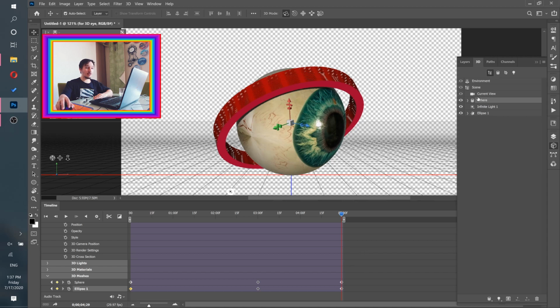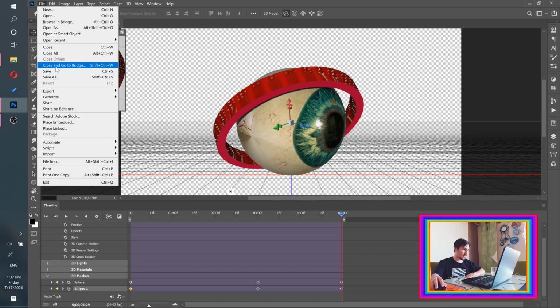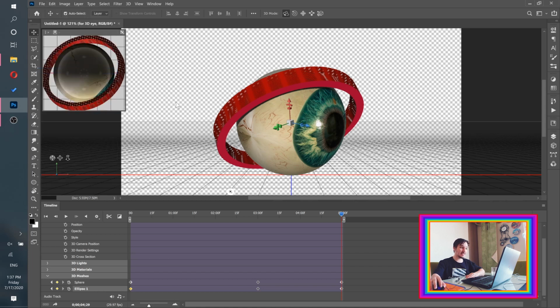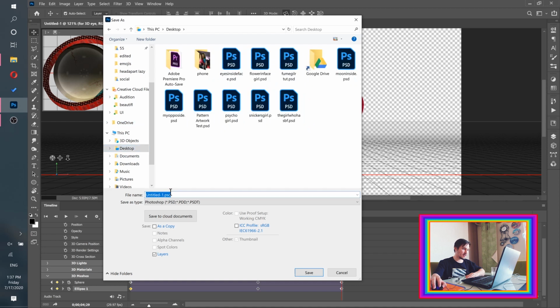So now we are all set to render the animation basically. Let's go now to File, okay? And don't forget to save this, otherwise your Photoshop can crash because you're working here with intensive tools. So let me call this 3D animation for my